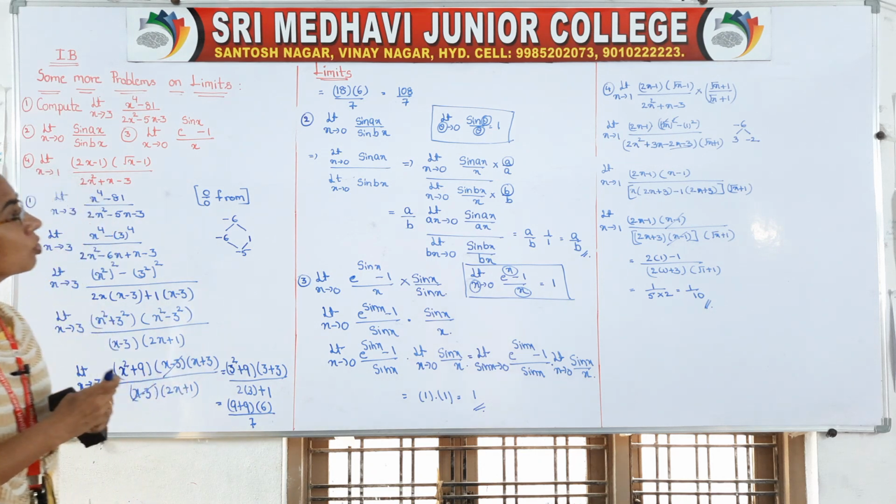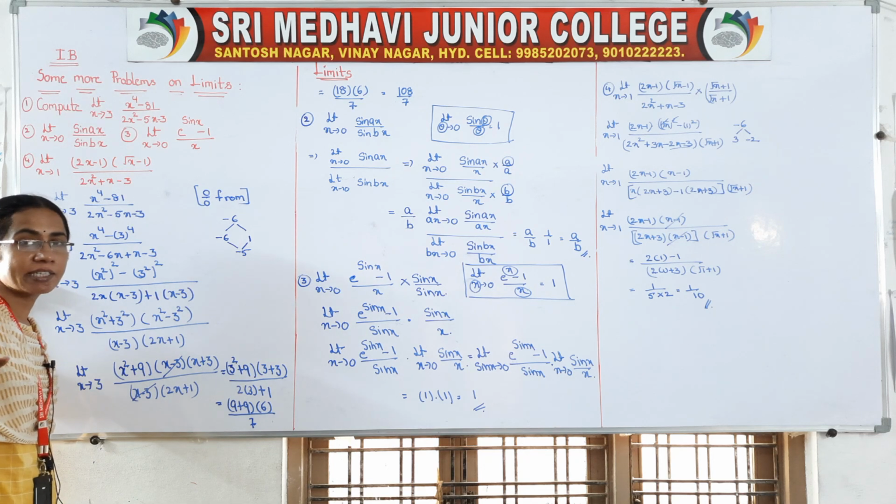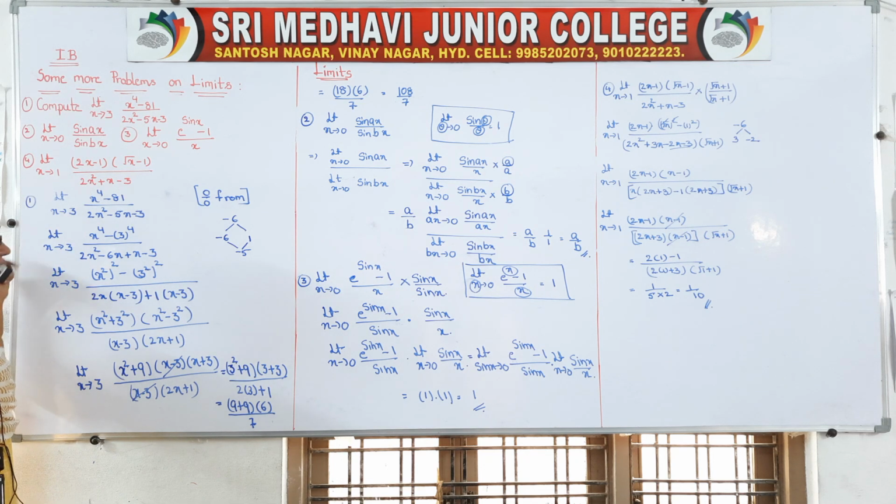Okay, so girls, observe carefully, we did 4 problems now. So first problem, if we go for direct substitution, it is 0 by 0 form. Whenever it is 0 by 0 form, it is called undetermined form. So we have to go for factorization, if possibility is there, factorization. If rationalization possibility is there, we'll go for rationalization. So it is f of x by g of x form, and we can factorize these two.